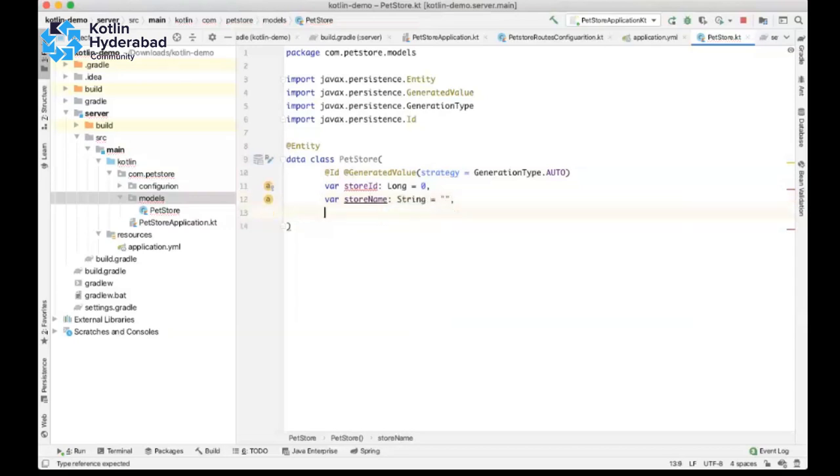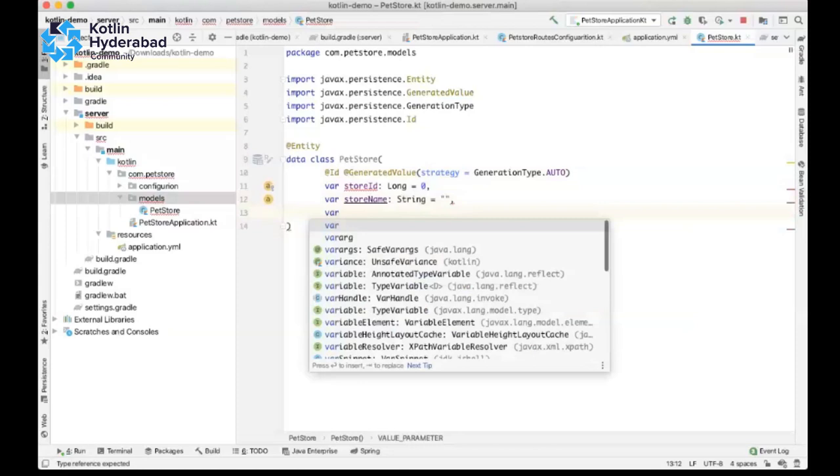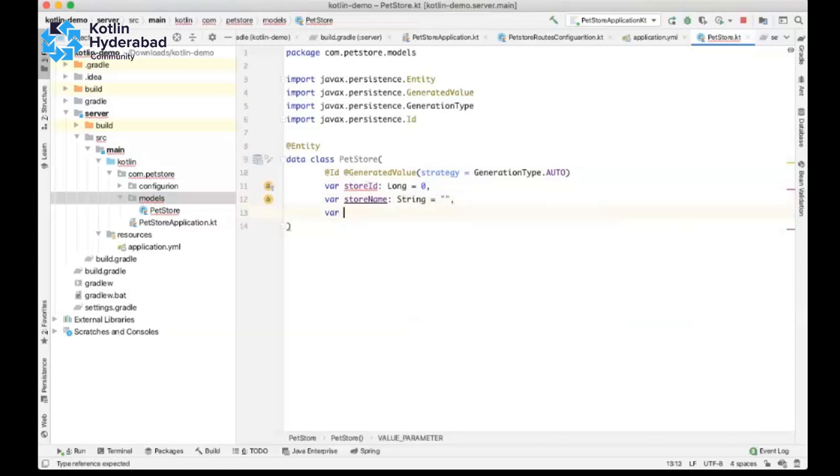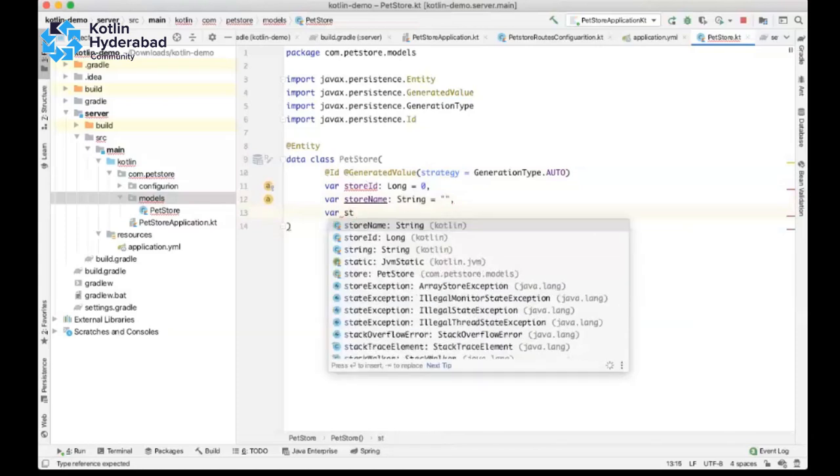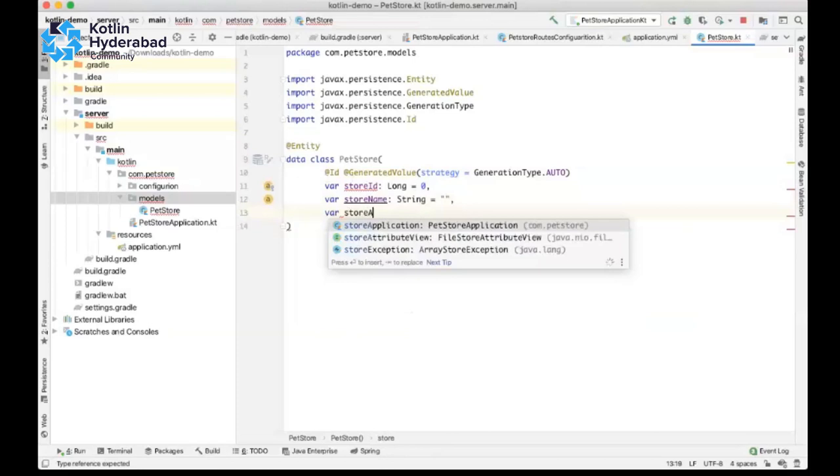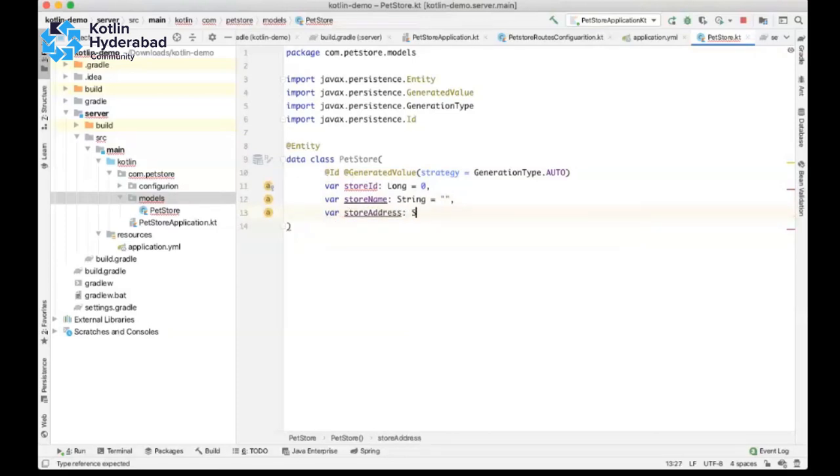Then the store address. So I'm just having these three fields in this pet store DB.